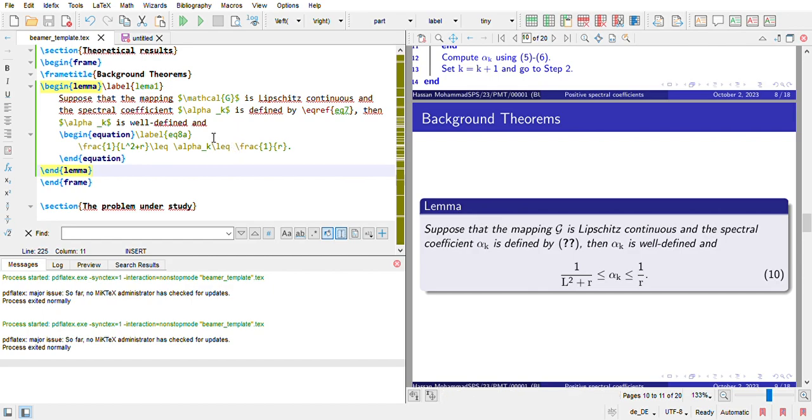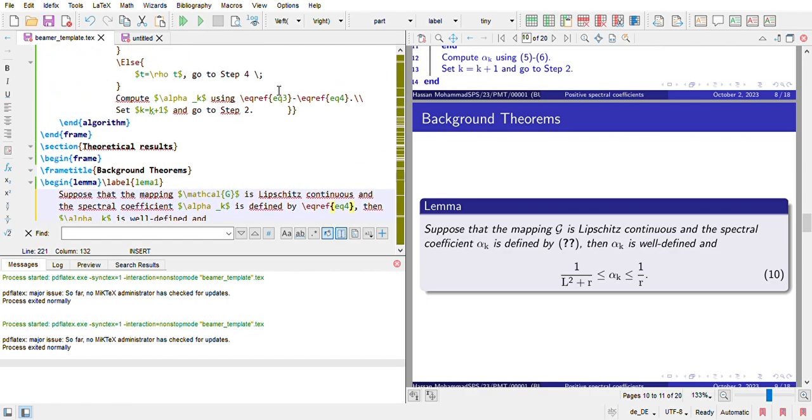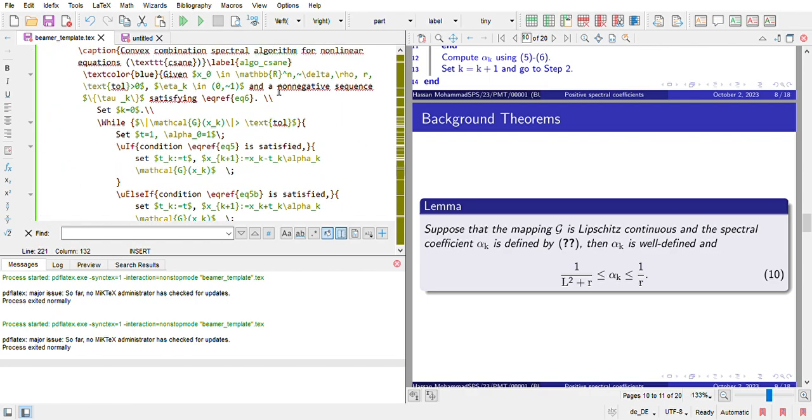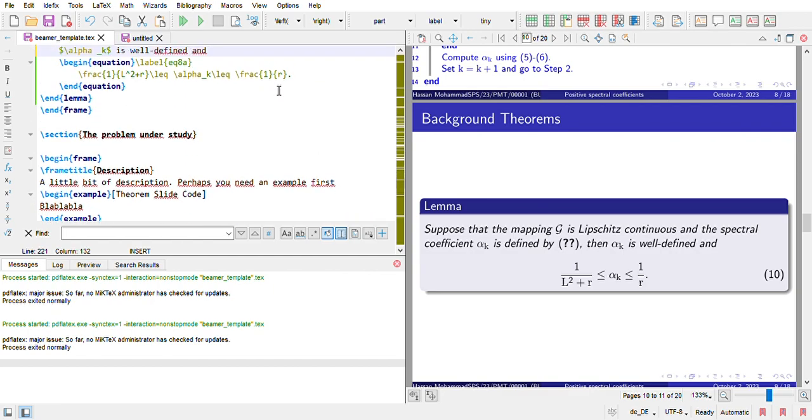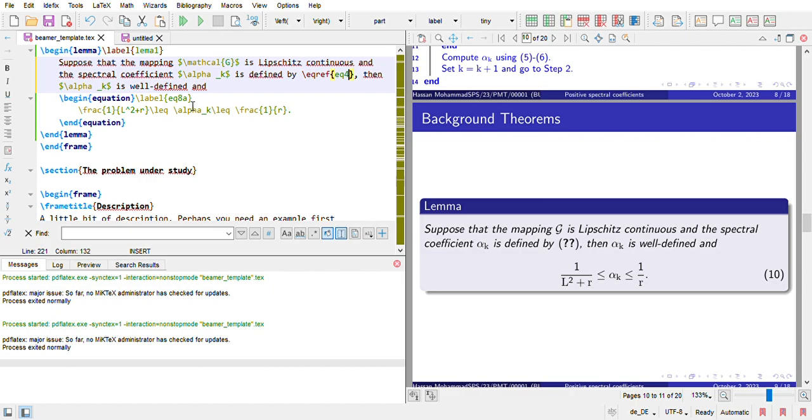look at it, there is one question mark there. Suppose that the mapping is this vectorial coefficient defined by this, but equation 7, remember, in our own case is 5. I think 4, not even 5, it is 4. So okay, it's fine. I think the last equation we stopped at is equation 6. So this equation in the lemma should be equation 7, not 8a. So